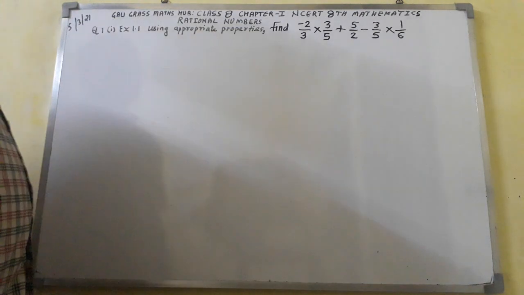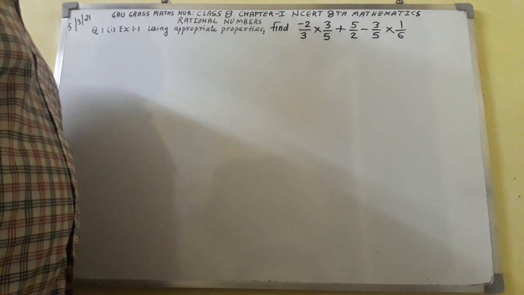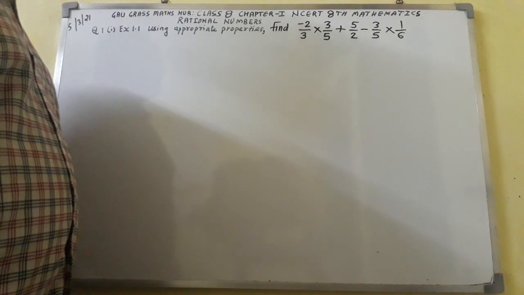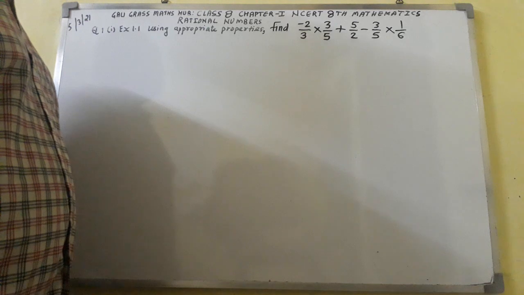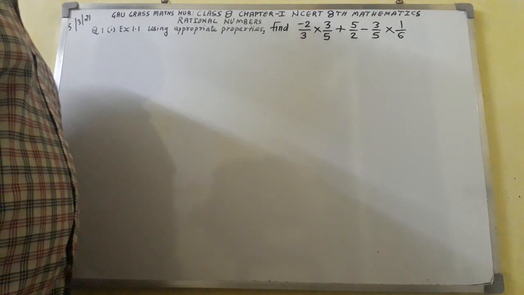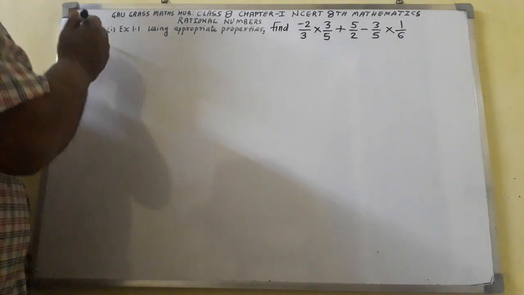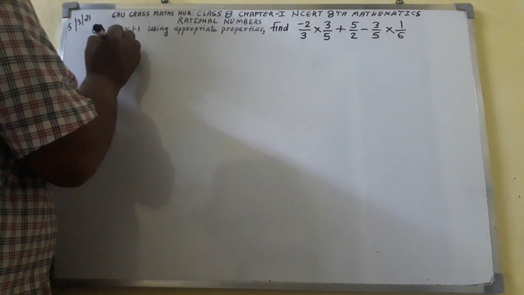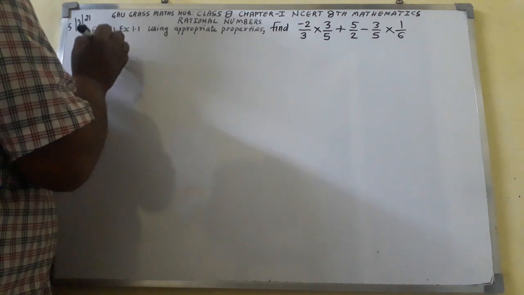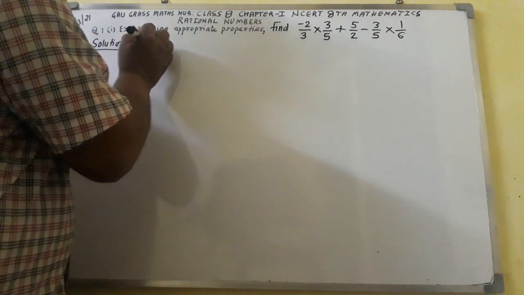The question is, find -2/3 into 3/5 plus 5/2 minus 3/5 into 1/6. Here I shall write the solution. Solution: given that